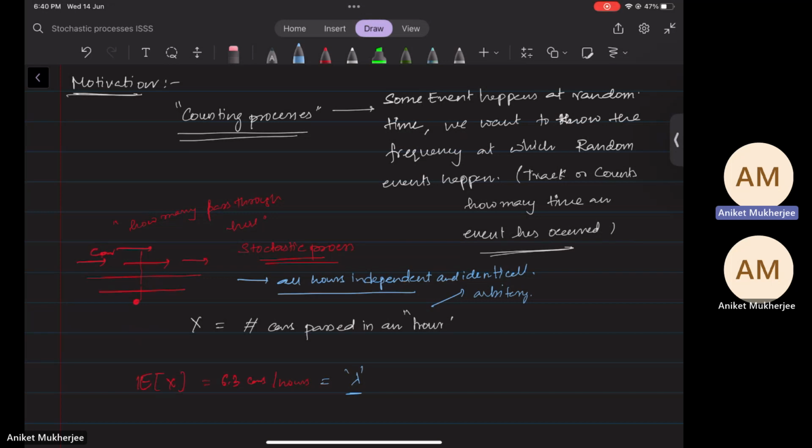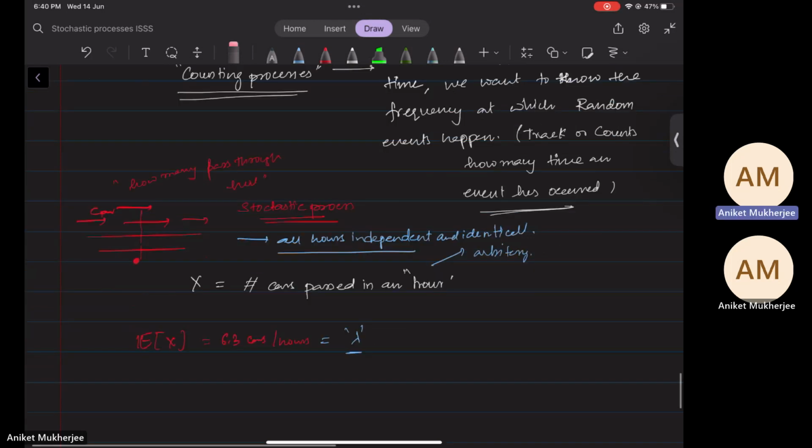Now you want a stochastic process which can model the number of cars that pass through a point. So the event is a car passing through a point, and you want to model this. So the best approximation you can do is, first I'll give